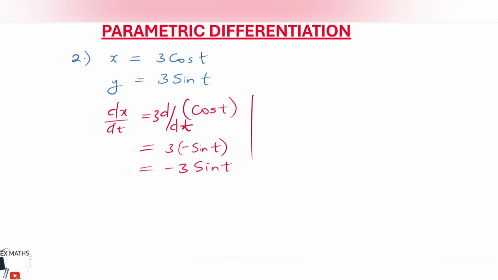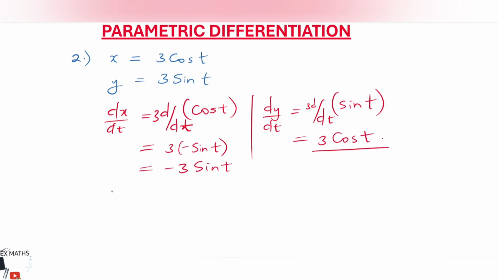Then we go to the next parameter, which is dy/dt. We can take out the 3 as well. That is going to be 3 d/dt of sin t, which is 3 multiplied by the derivative of sin t, that is cos t. Then from the chain rule, dy/dx will be equal to dy/dt